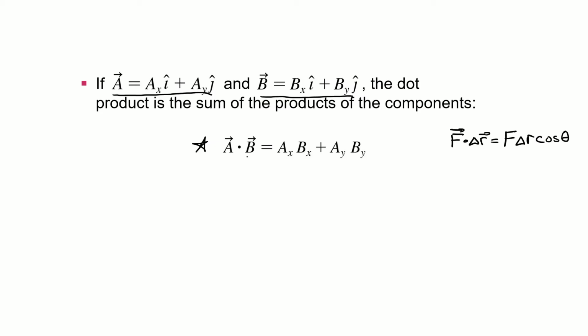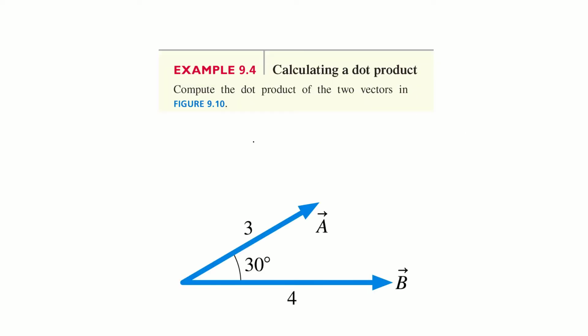If I want to take A dot B, I can just take the x component of A and the x component of B, multiply them together, and add it to the y component of A times the y component of B. This is a really convenient way to do the dot product if you've been given components. But we should be really comfortable with both. Hopefully through the homework and the synchronous sessions, we'll go through some examples. Here's a pretty straightforward example, and I'm going to use this to show that both methods of calculating these are the same.